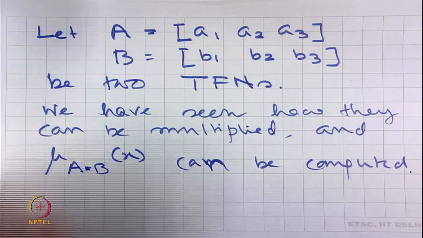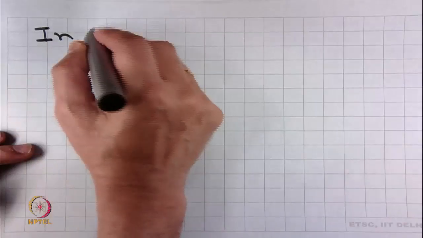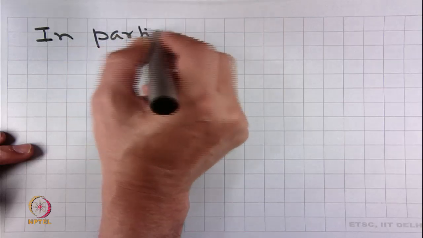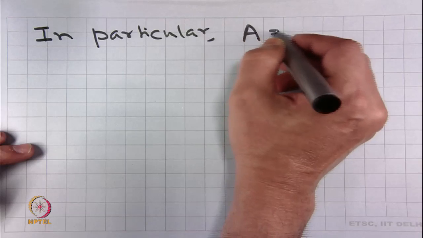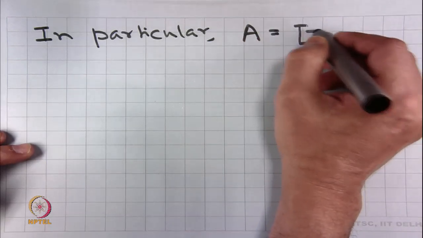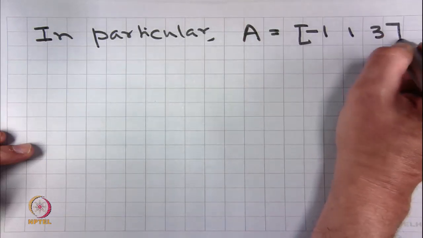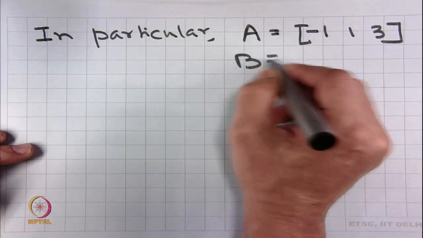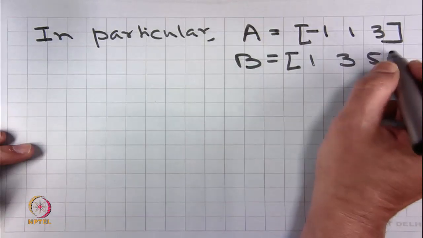In particular, when A is equal to -1, 1, 3 and B is equal to 1, 3, 5,